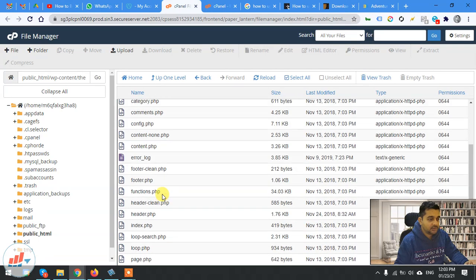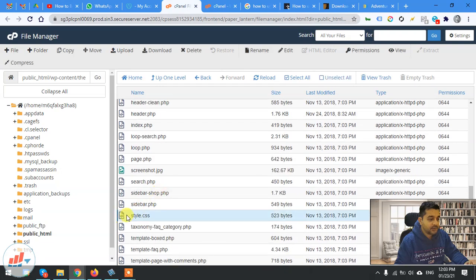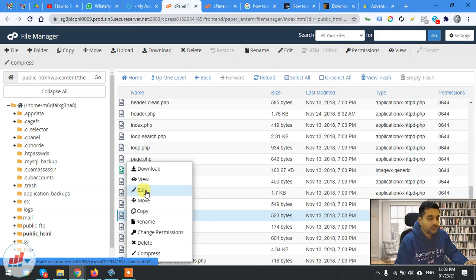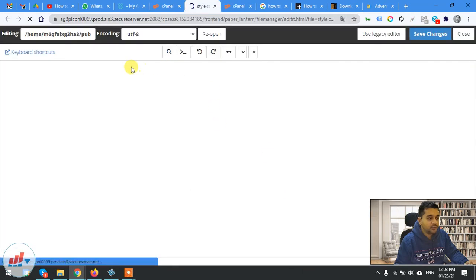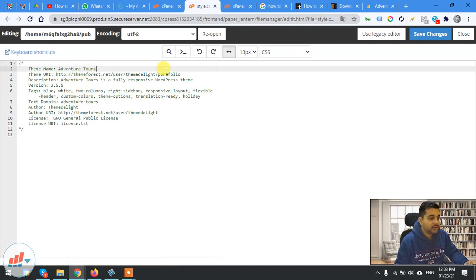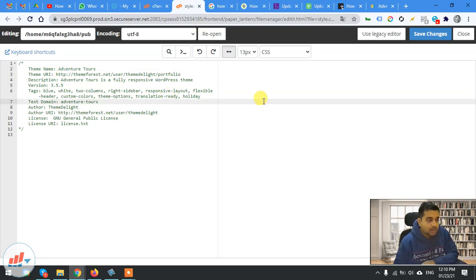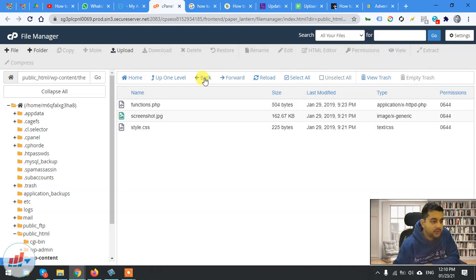Okay, now we can rename this particular folder, and inside this folder we'll go to the style.css file. It should be somewhere here only, here. So you need to edit this particular file style.css, and here also you need to change the theme name so it is not the same as the one you are having. So how can you do that? If you want you can skip renaming style.css also, and instead what we can do is we have already done this in the old folder.